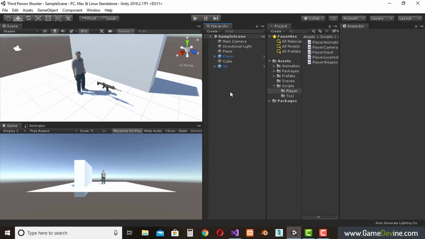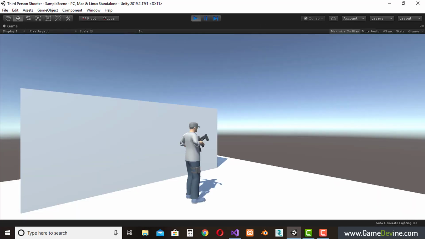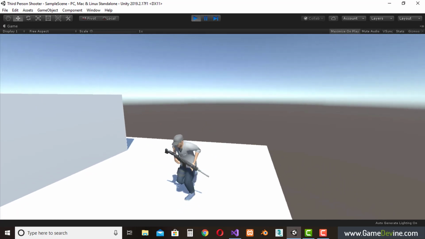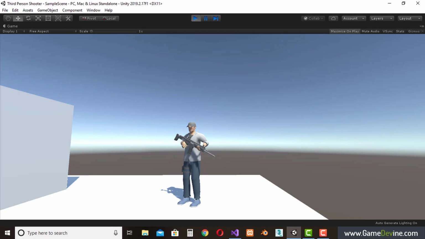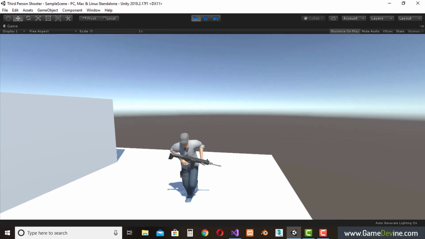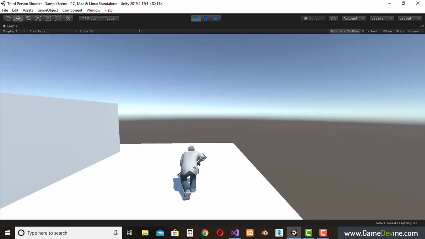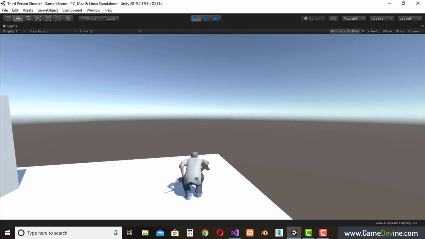Hello, welcome to part 4 of Unity third-person shooter tutorial. In the previous parts, we set up the camera, we set up the movement and player rotation. We also set up a basic weapon system, how to control our weapon. And in this